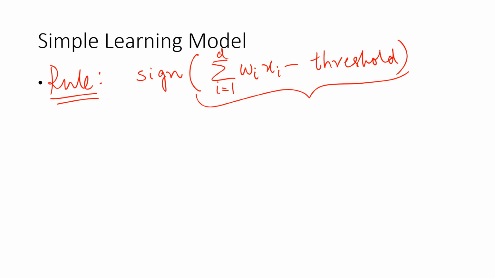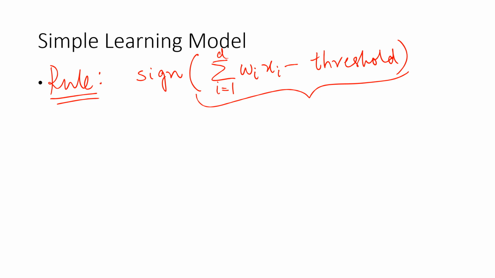Even better, we can write a more convenient notation for this rule, which I will call my final hypothesis for this particular problem. But first, try to think about it. I tried to determine these W's for some given input, which was nothing but the attributes of these features. And then I came up with this rule that I'm going to approve or decline based on the sign of